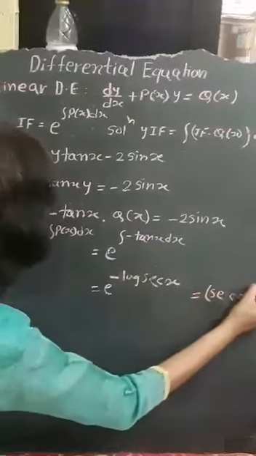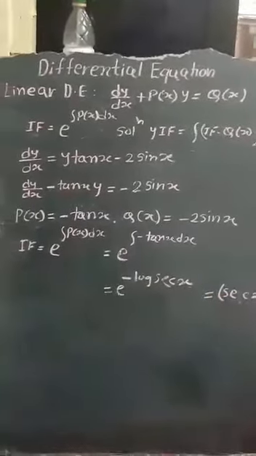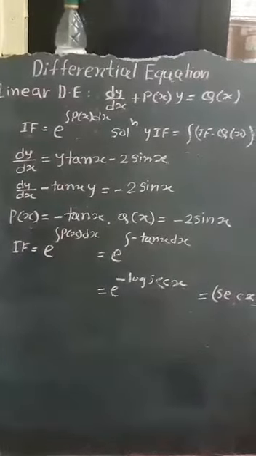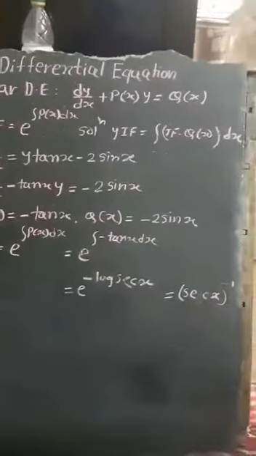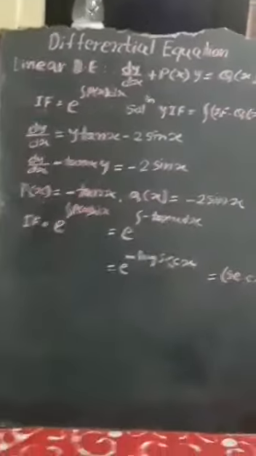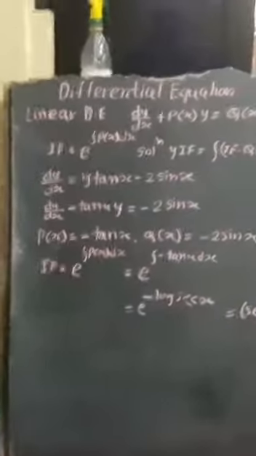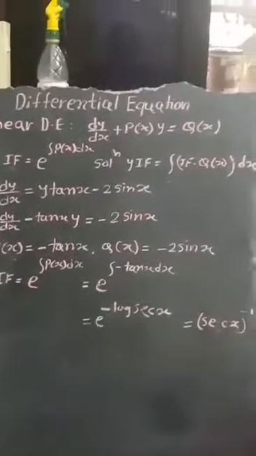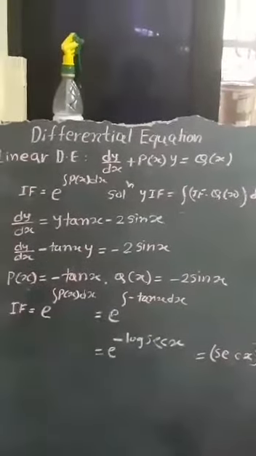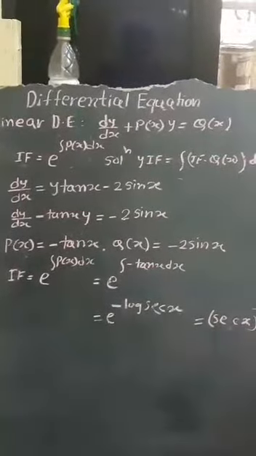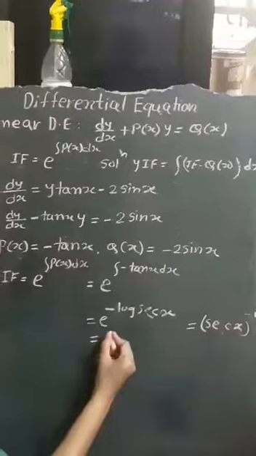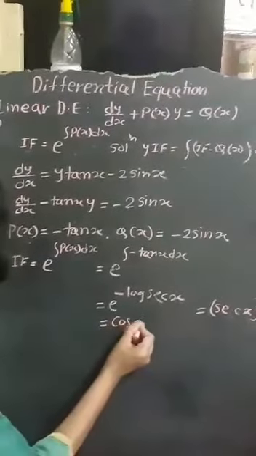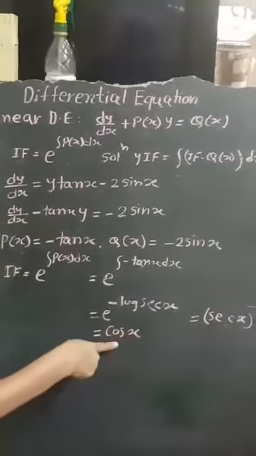raised to minus 1. Now, many of the students may say this is sec inverse x, which is not so. I have explained you many times. Inverse functions are completely different. They are not reciprocals. I am saying sec x raised to minus 1. So it is reciprocal of sec x. What is reciprocal of sec? 1 upon sec is what? Cos x. So whether this step is clear to everyone?